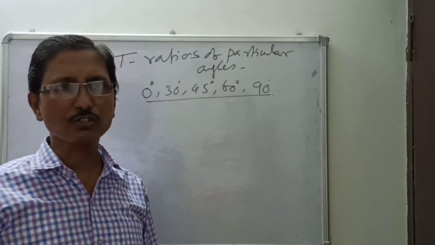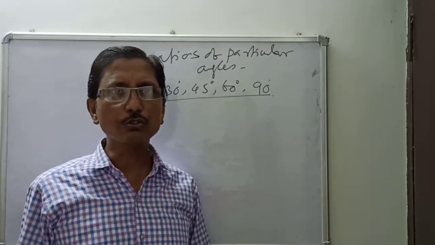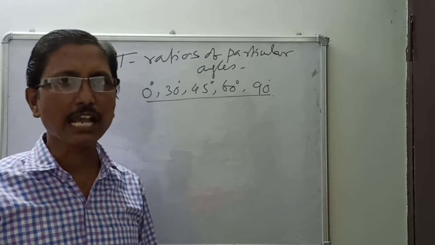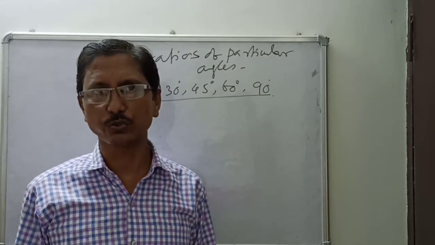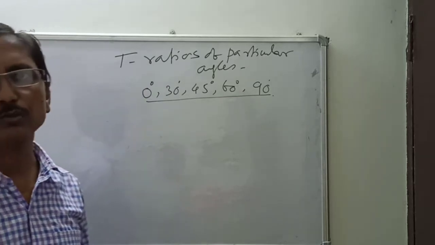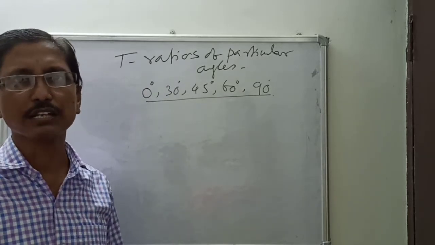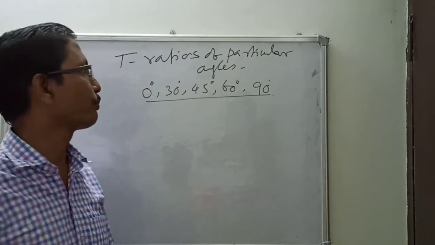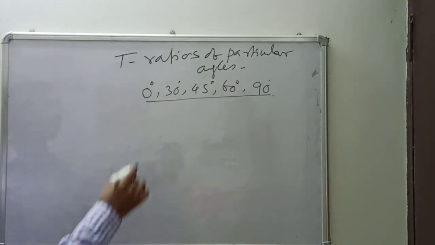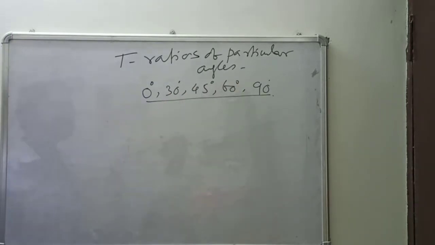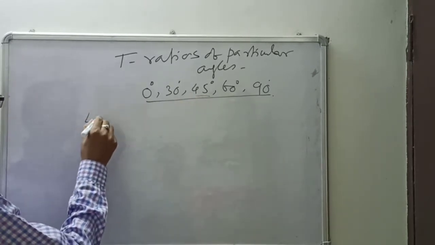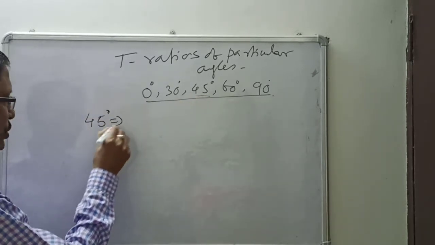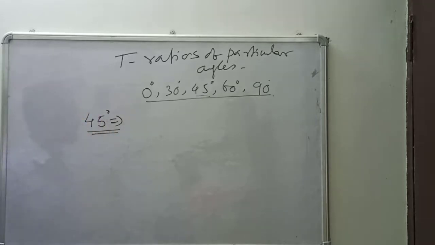But before that, first of all we would like to see how those values have come. Just sin 30 degree means half, sin 60 is root 3 by 2, cos 30 is root 3 by 2, cos 45 is 1 by root 2. How have they come? So first of all we will find out the values for those angles. First we will take 45 degree. Its trigonometric ratios we would like to find out.